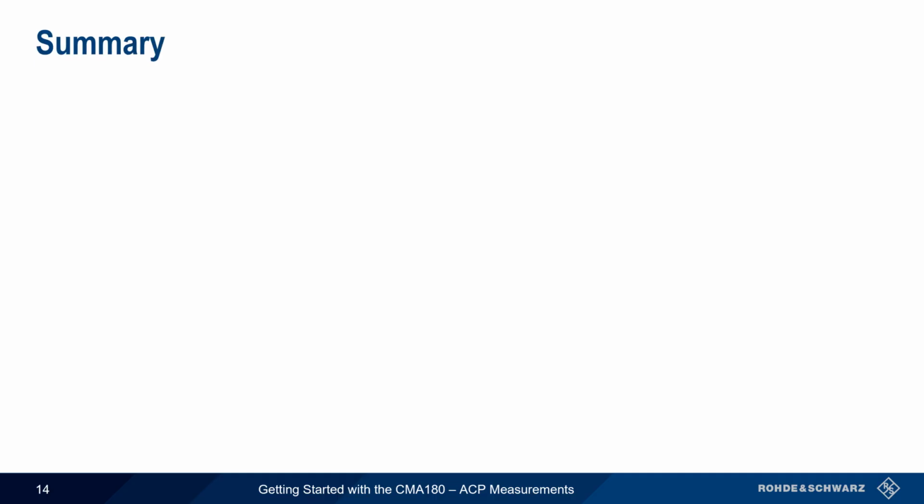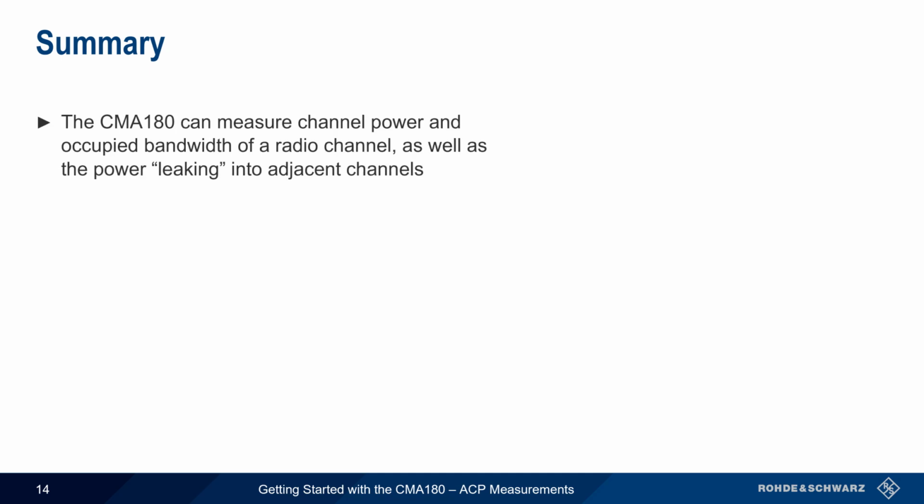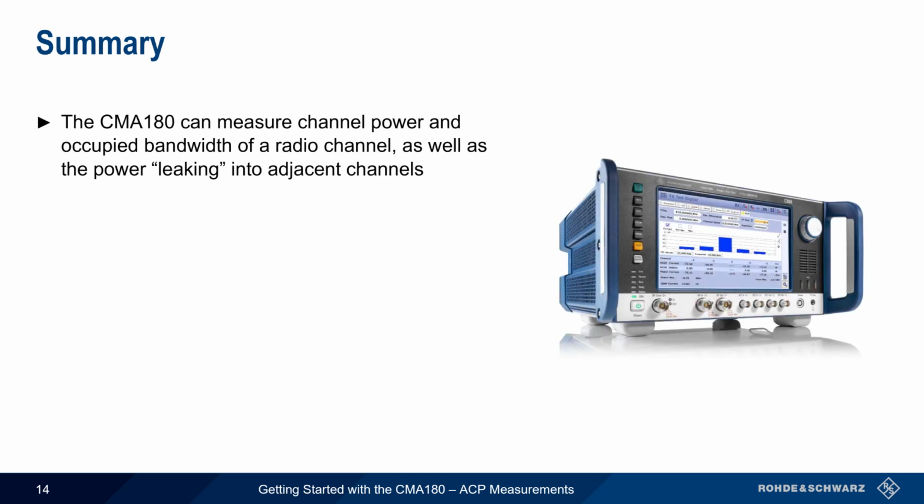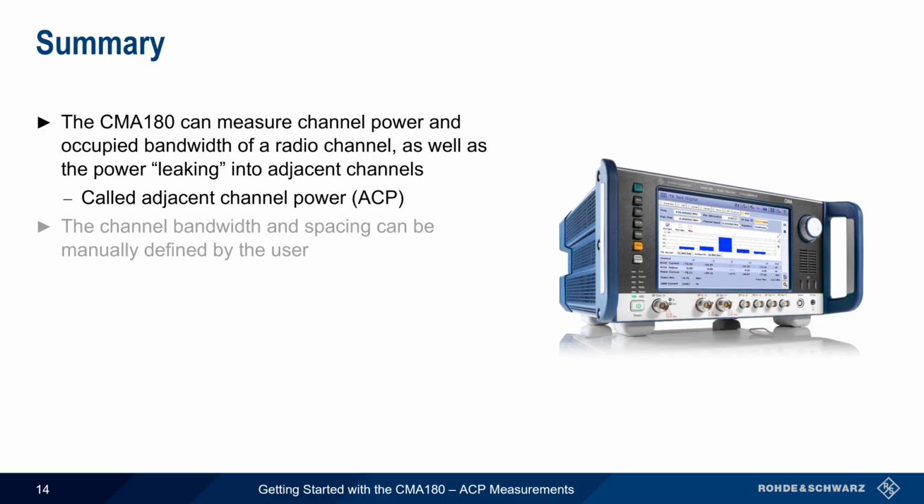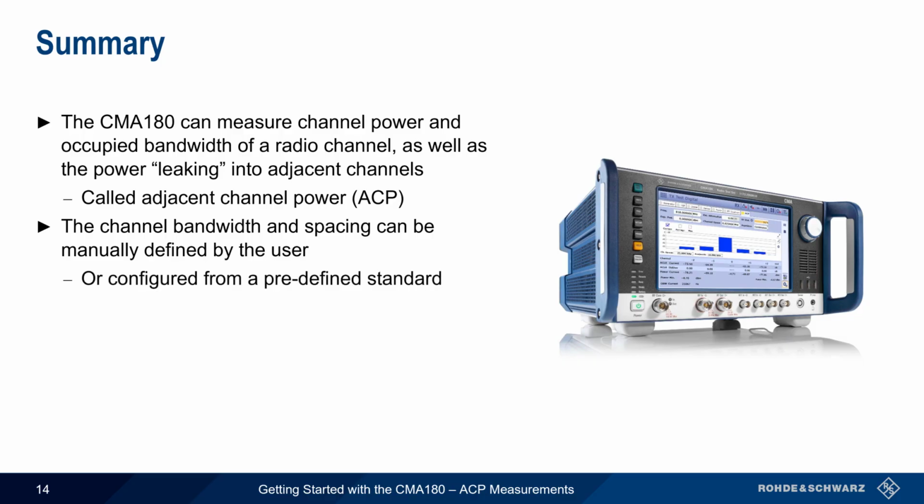Let's end with a brief summary. The Rohde Schwarz CMA180 radio test set can make measurements of channel power and occupied bandwidth, and can also simultaneously measure the amount of power that leaks from the designated channel into the adjacent channels. This latter measurement is called adjacent channel power, or ACP. The bandwidth of the channels and their spacing is user-definable. This can be done manually by the user, but can also be configured from a predefined standard for many common